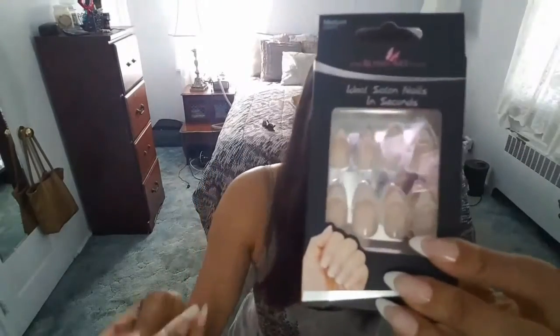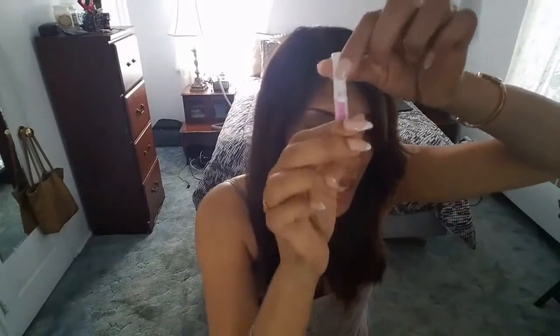So that's the name: Ideal Salon Nails by Bling Art. And I don't use the glue that came with the nails because I don't trust them. I do trust my KDS glue, which I get in bulk on Amazon, and it's very inexpensive. I get like 20 of these little tubes for like $7 or something like that, or $6, and they last